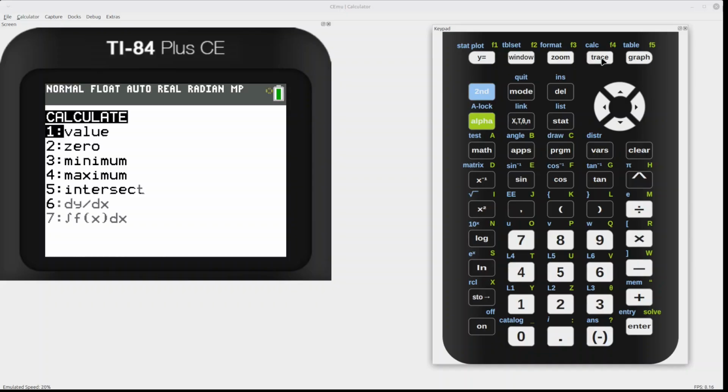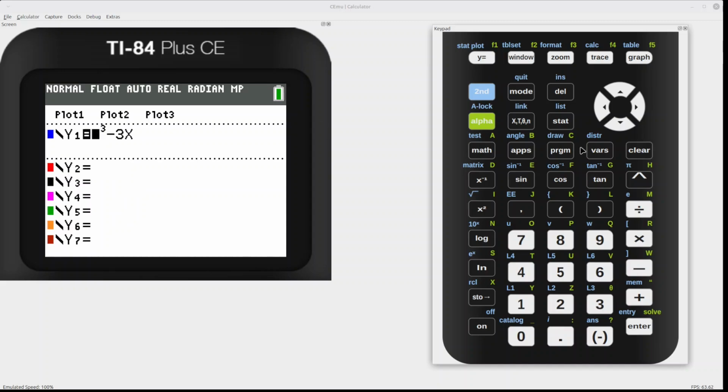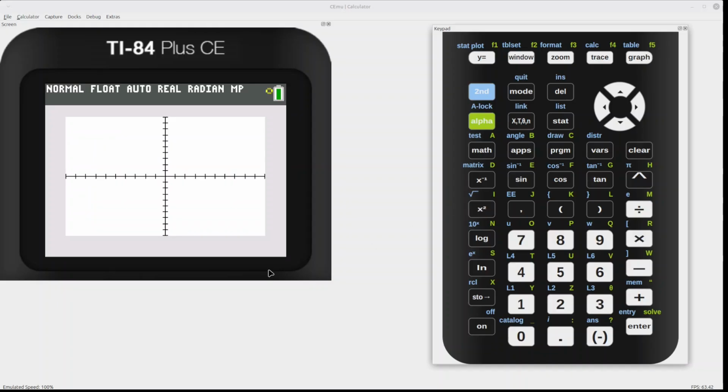The last menu option is number 7. This gives you a numerical integration. So if I go to y equals, let's clear that and say something simple like x squared. Okay. All right. So if I graph that,